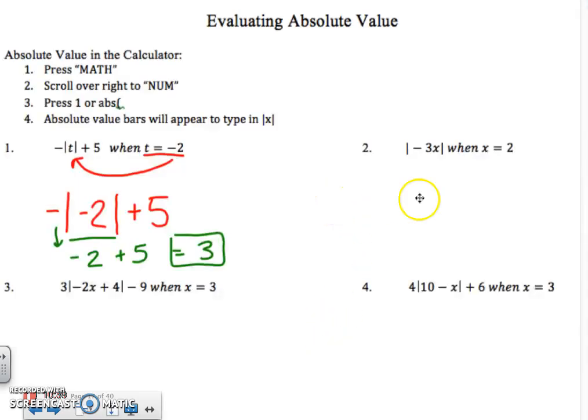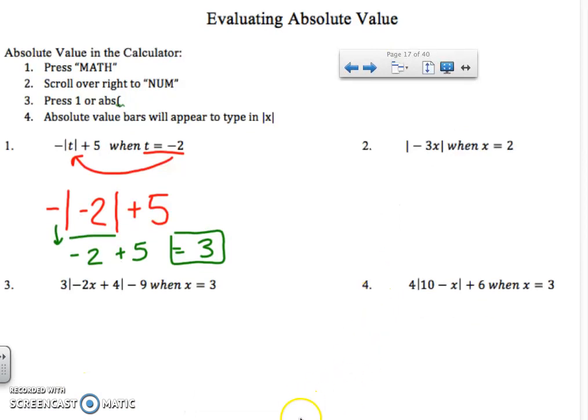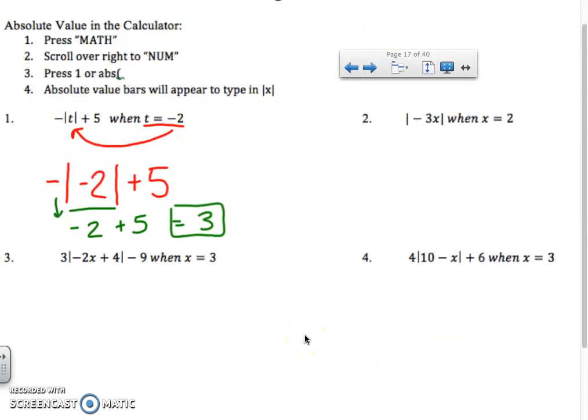So why don't we, I'm going to try 2 with you, actually I'll try 3 with you, and then I'll leave you to try 2 and 4 on your own. So the first thing is I'm going to input a 3 right into that x value. So I'm going to have this 3 on the outside of the absolute value bars. I'm going to have -2, and I'm going to substitute in 3 for x. And then I would add 4 and close the absolute value bar,